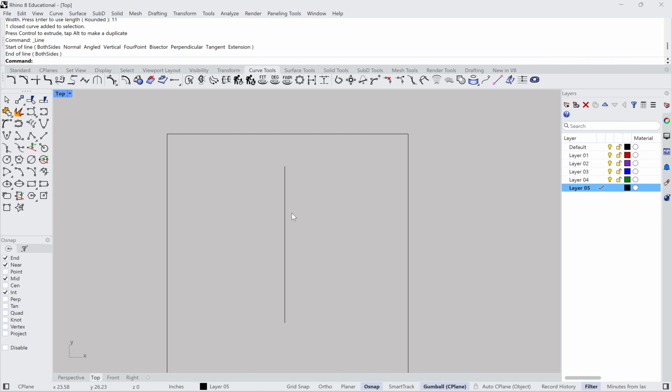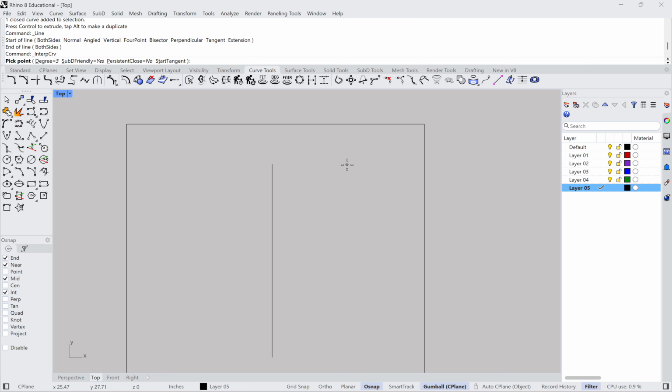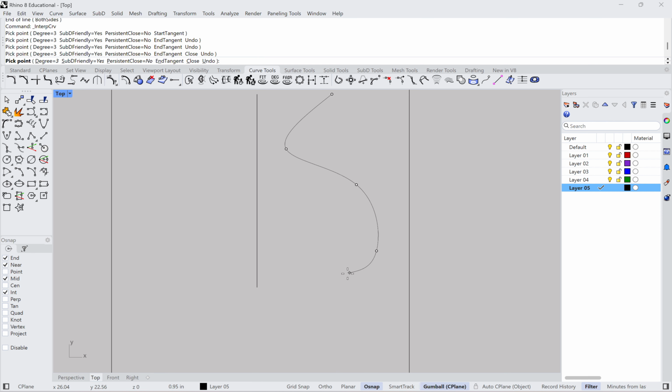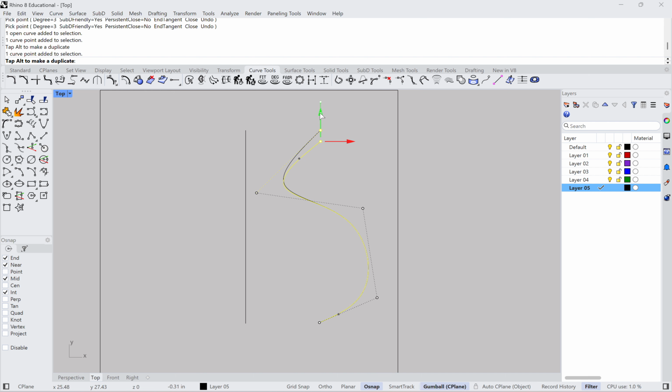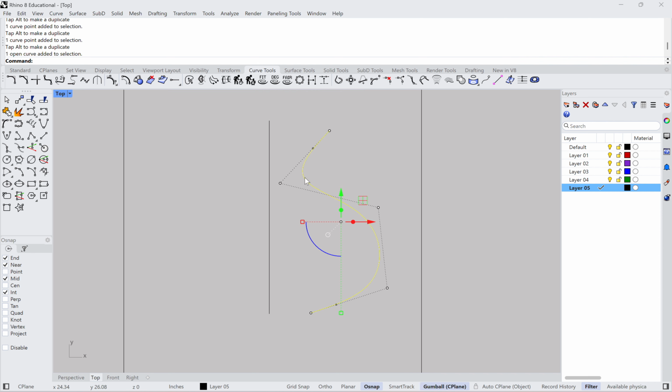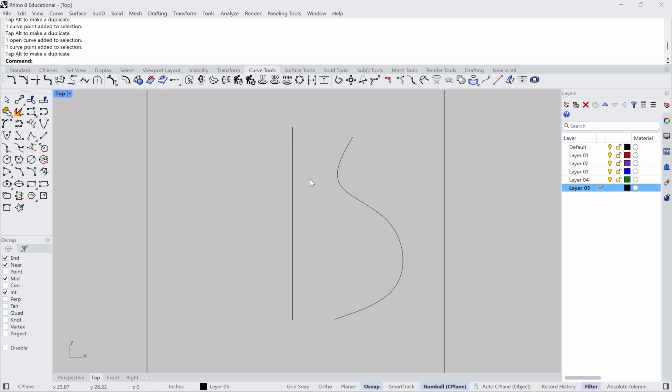So if this is the very center of that structure, with a curve interpolate points, I'm going to just mimic that round kind of vessel quality that it has. And I don't really like that, so I'm going to edit these control points a little bit. Bring this one closer. Okay, that might work. This could be interesting. I think maybe bring that just a little bit back. Okay, so